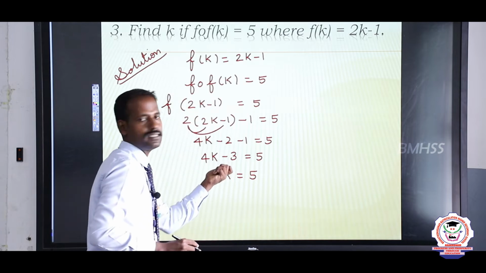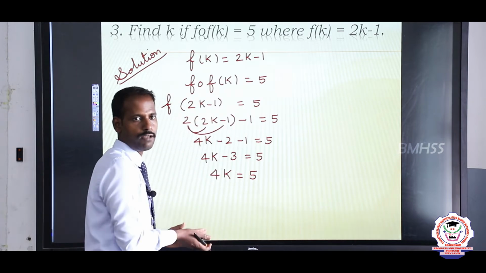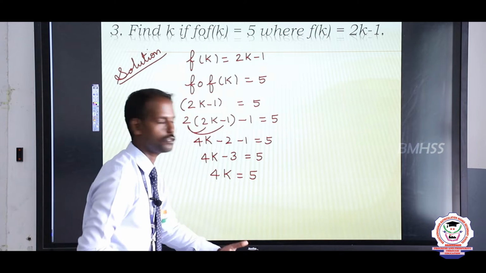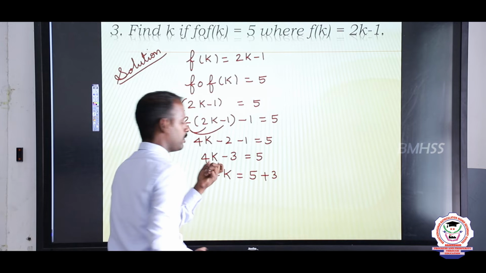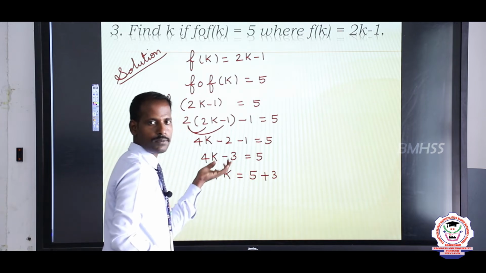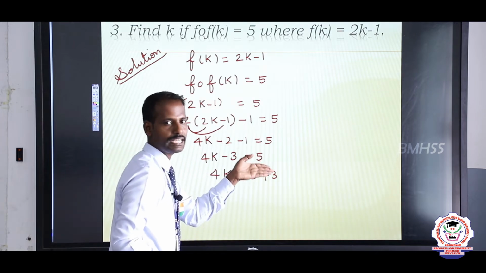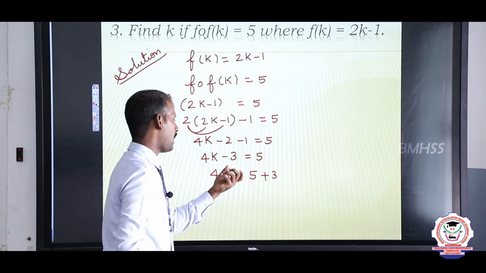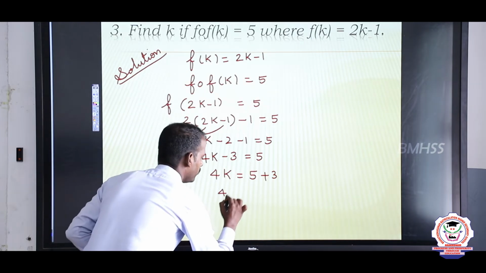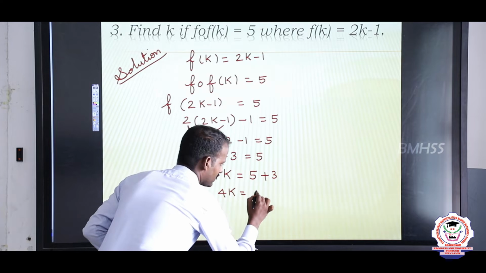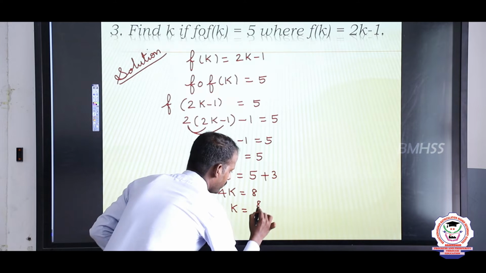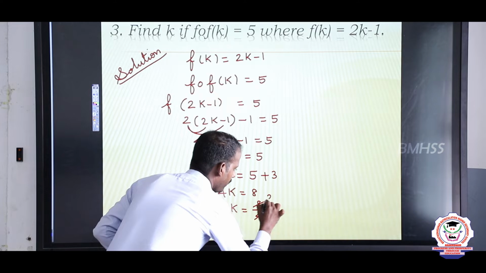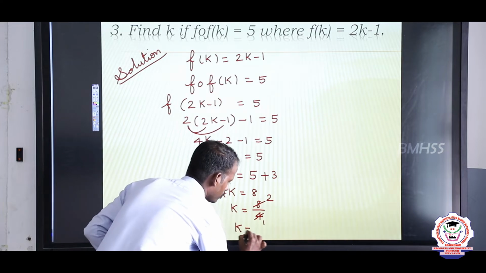Here the left hand side minus 3, you send to the opposite side; every negative value you send to the opposite side becomes positive. So minus 3 you send to the opposite side as plus 3. Negative means you send it to the opposite side as plus; positive means you send it to the opposite side as negative. This is equation balancing. So 4k equal to 5 plus 3, 8. So k equal to 8 divided by 4. 2 fours are 8. So k equal to 2.